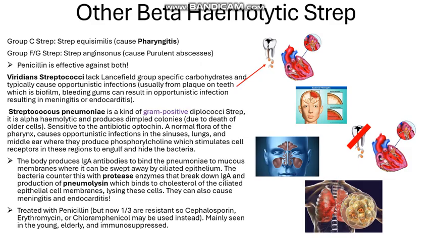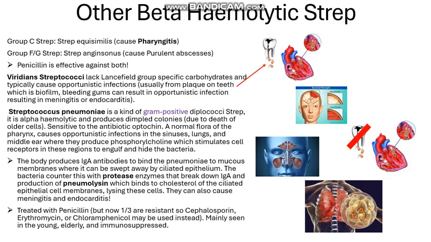Viridians streptococci lack Lancefield group specific carbohydrates and typically cause opportunistic infections, usually from plaque on the teeth, which is a biofilm, and bleeding gums, so you're breaking the skin barrier like we talked about for Staphylococcus epidermidis and aureus. The bleeding gums is going to result in a breaking of this barrier,